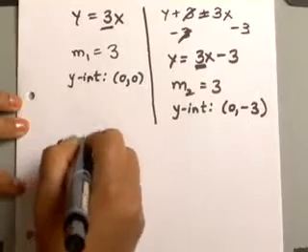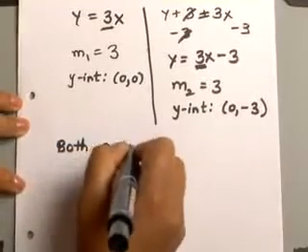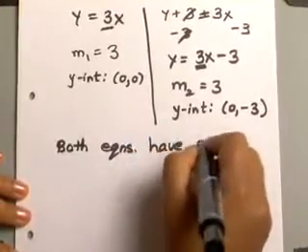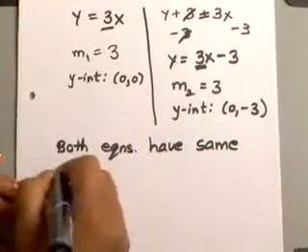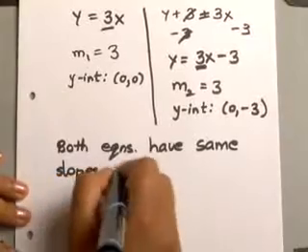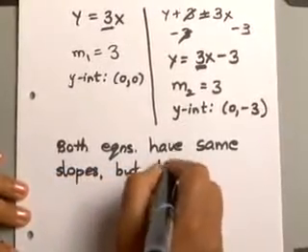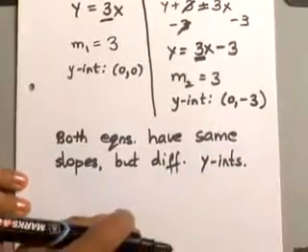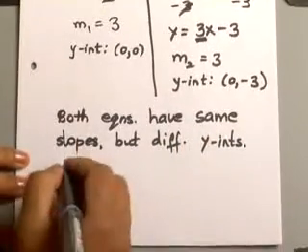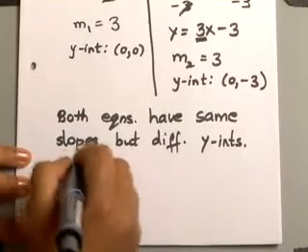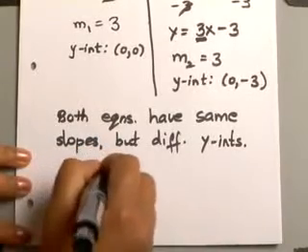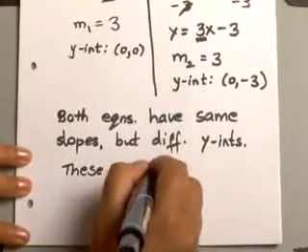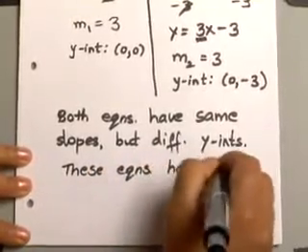Okay, so both our equations have the same slopes, but different y-intercepts. Okay, so we can say these equations have graphs that are parallel lines,